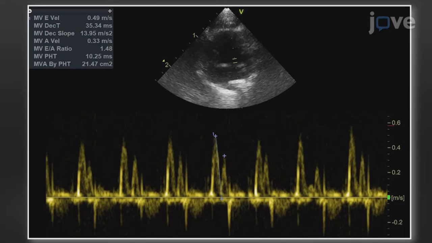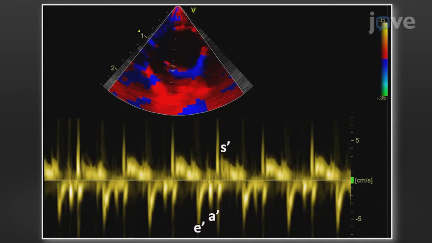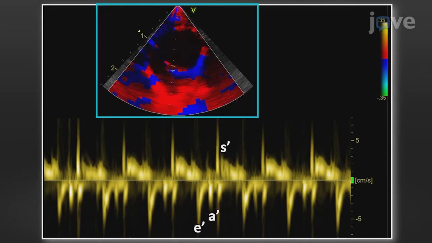The left ventricular diastolic function can be assessed by pulsed Doppler imaging at the mitral valve. Under normal conditions, the early flow coincident with the E wave is higher than the later flow that occurs with the atrial contraction. Spectral tissue Doppler imaging can be used to evaluate the systolic and diastolic function over a cardiac cycle